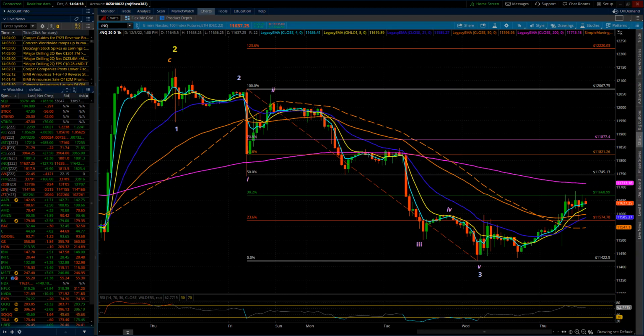It shouldn't have a hard problem doing that. So let's keep that in mind. We'll look for that, and then for the market to turn, start heading south. Again, expiration tomorrow also affects NASDAQ, of course. So I do expect it to come into play, and a lot of it will roll around Apple, Amazon, AMD,